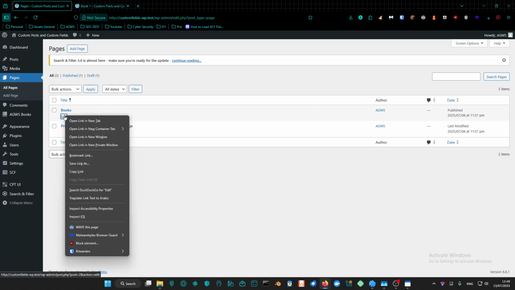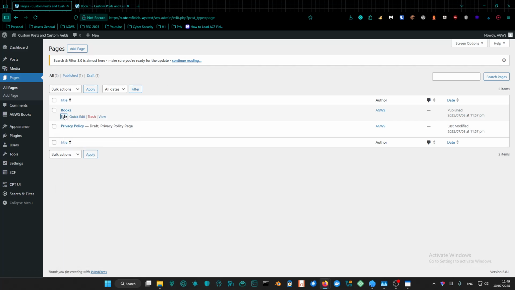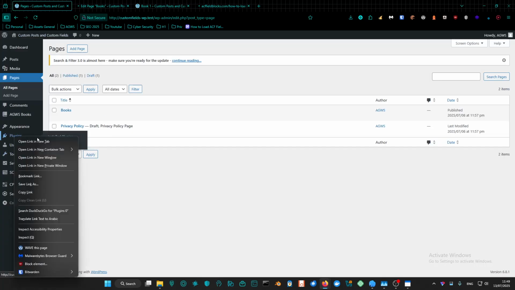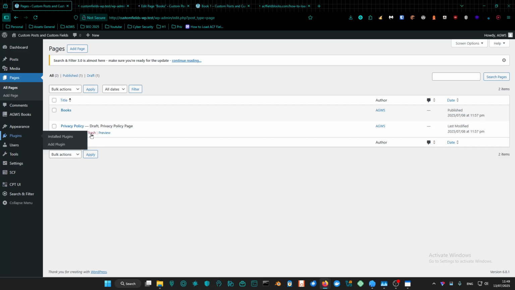Alright, so there are a couple of options that we could do. First of all, we're going to install this plugin. It's called ACF Field Blocks. This is appropriate for the WordPress block editor, but let me just be clear about something while we're